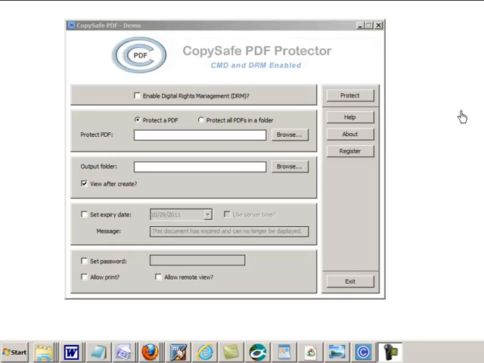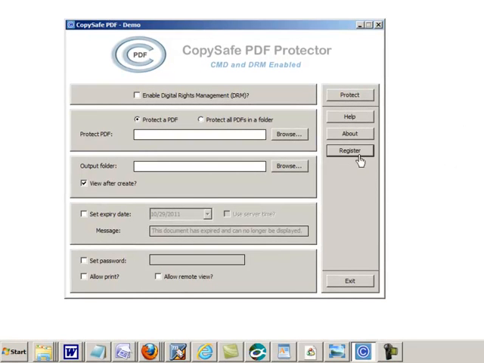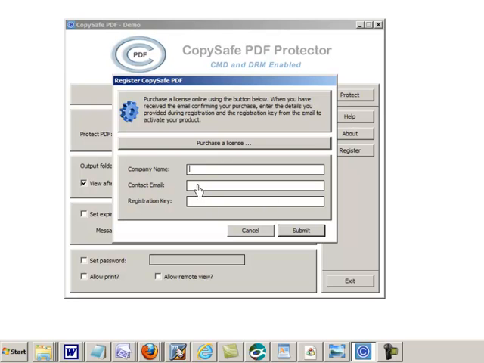To register Protector for the first time, run the program, and here you'll see a button for Register. Now, if you click on the Register button, type in your company name. Be very careful, because you cannot use illegal characters in here. If, for example, your company name is Artoscope and Sons, you'll have to type in Artoscope and Sons without using the ampersand, because the ampersand is an illegal character in here. Or just simply type in Artoscope, simplify it,